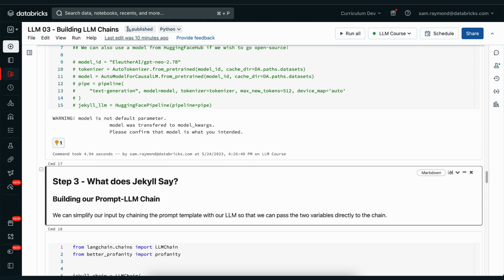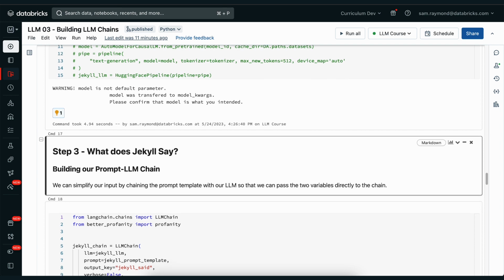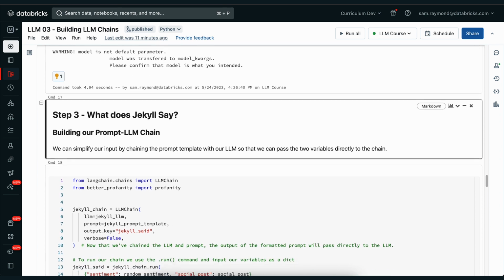Okay, now that we have a prompt and a large language model for Jekyll, we can now build our prompt LLM chain for Jekyll to see what it says. This is what we saw in the lecture notes as well. For safety, we're also going to import the profanity library from Python, which just prevents any profanity from being presented on screen. We're going to import the LLM chain from the langchain.chains library,